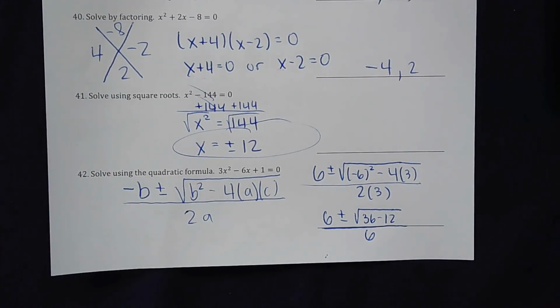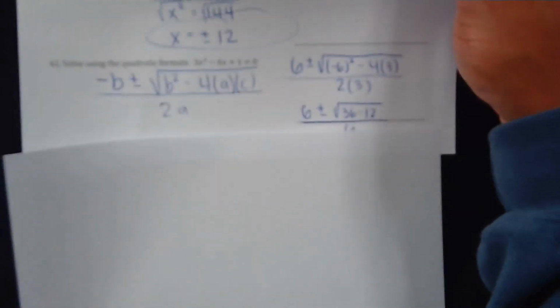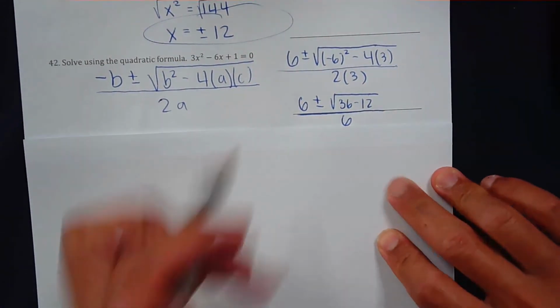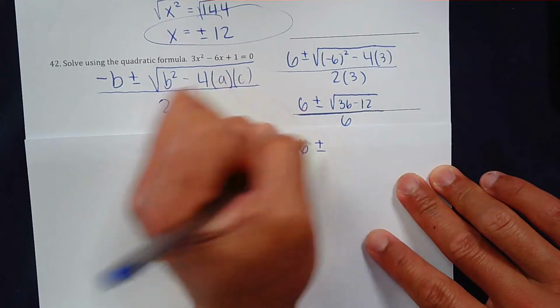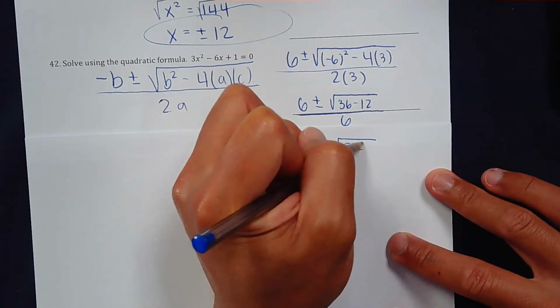One second. Okay, we'll just add it down here. Okay, so 6 plus or minus, well, 36 minus 12, that gives us square root of 24